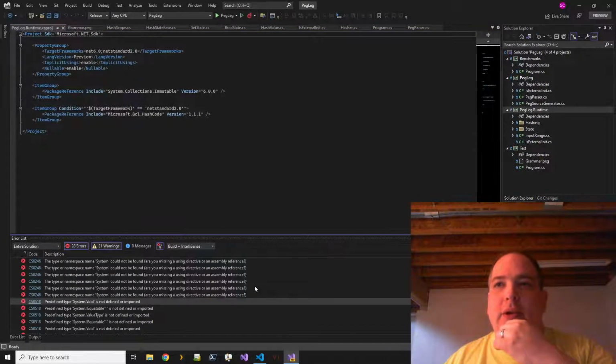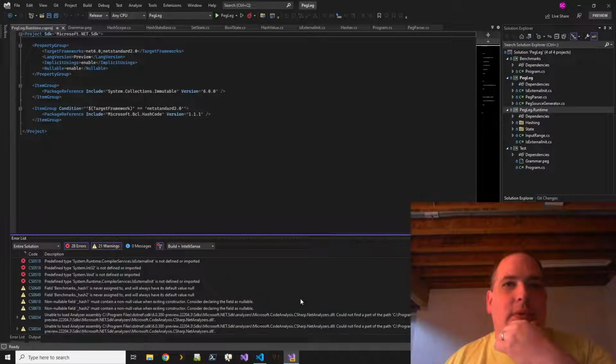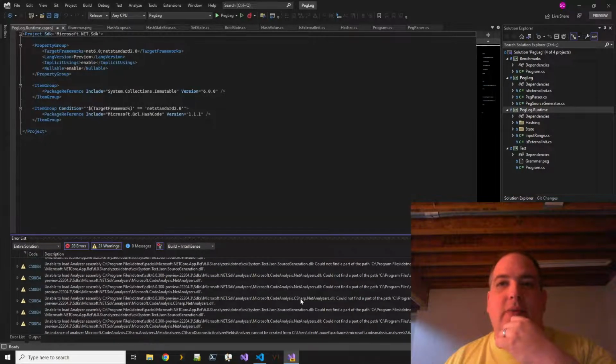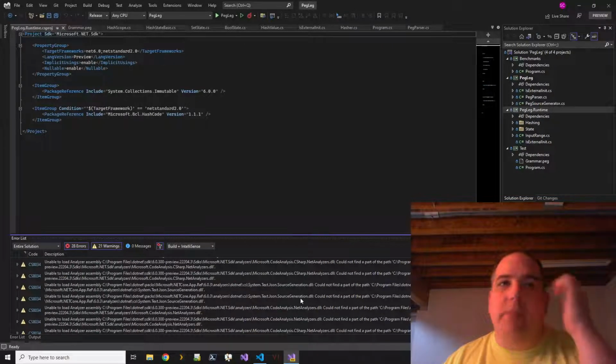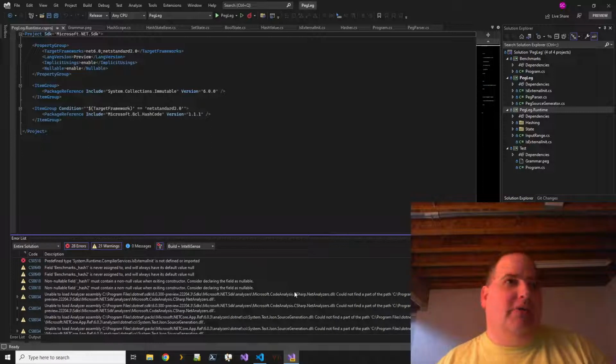And these are all .NET 6 errors. Interesting. Huh. It's like something happened to my .NET 6 install. Oh, that's a bummer. Nothing like debugging when you're supposed to be programming live, right?